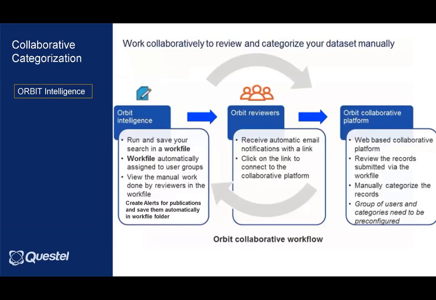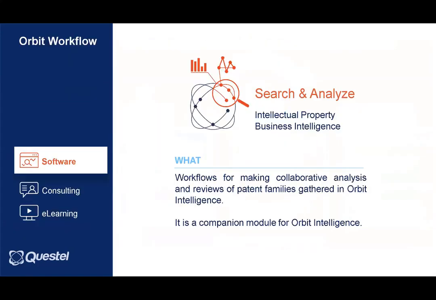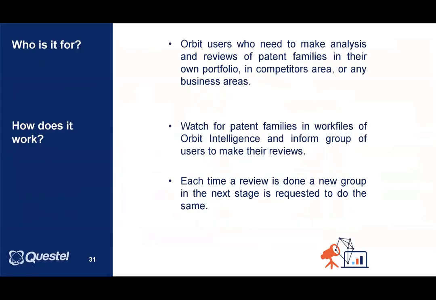So all the results which you save in your work file can be shared with all the R&D people, all the scientists, or any non-technical or technical person who wants to evaluate or view curated data instead of performing a search of their own. This system is known as Orbit Workflow, a collaborative system for your organization, wherein a search result set is distributed to many stakeholders via work files, and those are saved in a specific folder, and folder-wise sharing can be done.